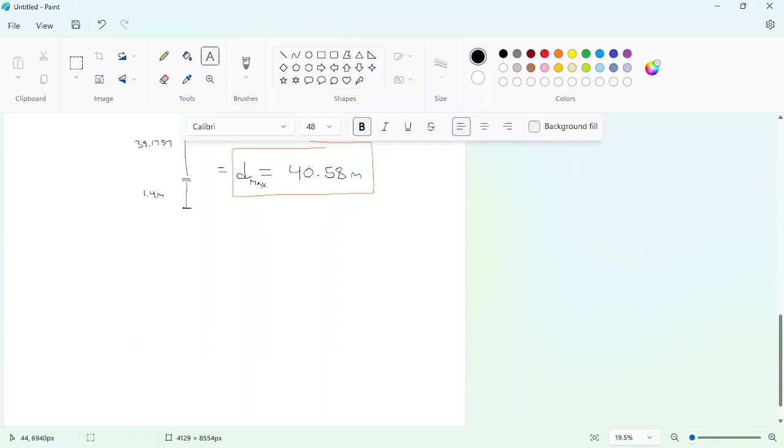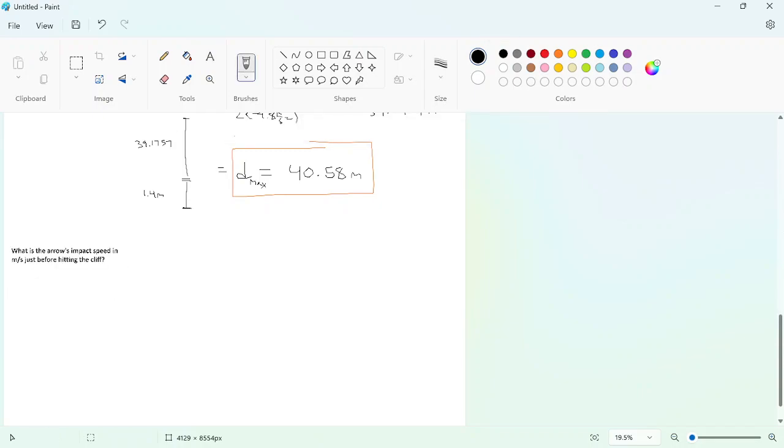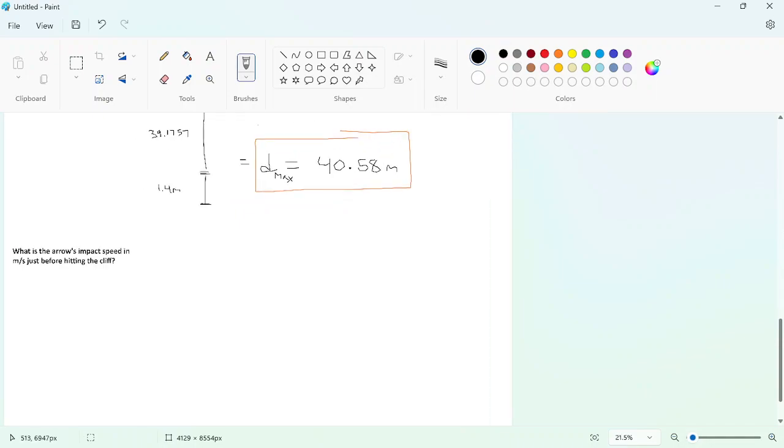All right, finally, what is the impact speed in meters per second just before hitting the cliff? So we'll go ahead and write down our formulas. The magnitude of velocity is going to be equal to the square root of velocity x squared plus velocity y squared. If you're wondering why I knew to use these formulas, it is because the impact speed is going to be, because it's going like this,